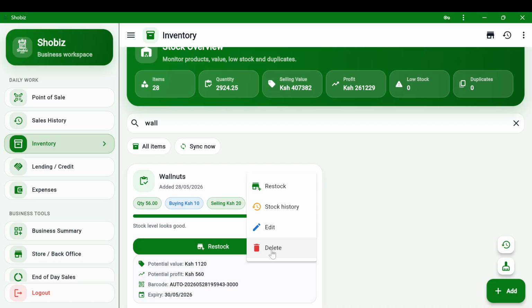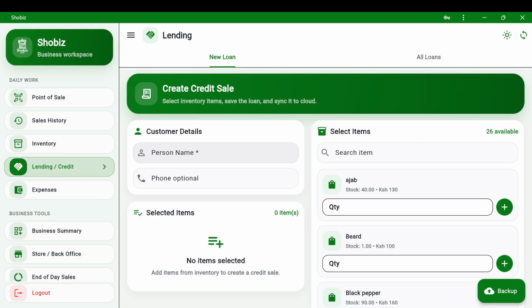All right, the next step is the lending. This is where you add people that you've given your things on credit. Let's say I have John here, phone number optional, and what am I lending them? Let's say I want to give them a job. Click that. All right,